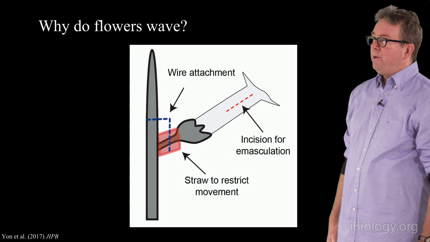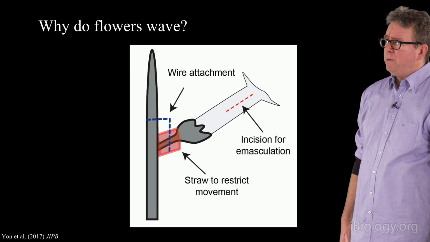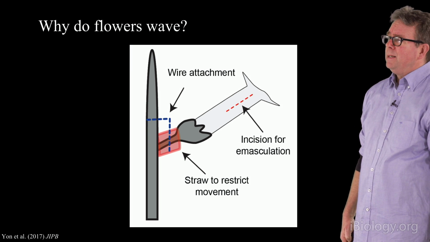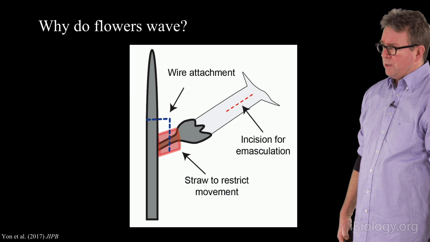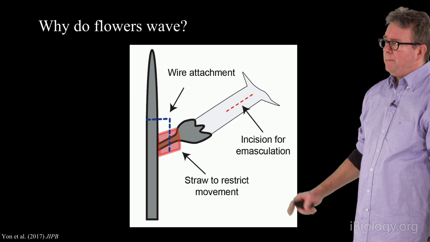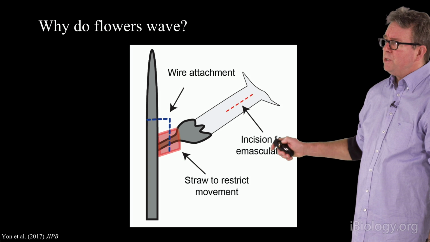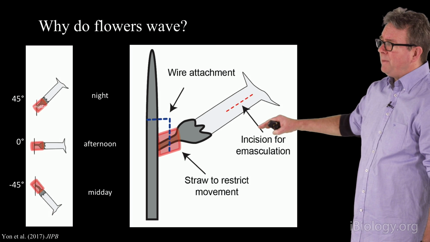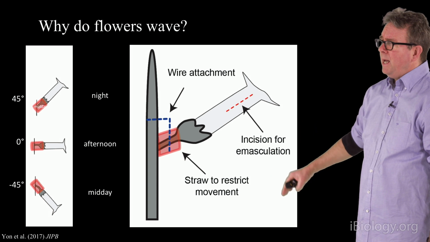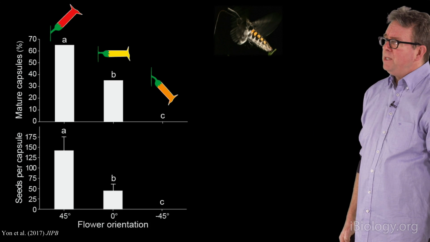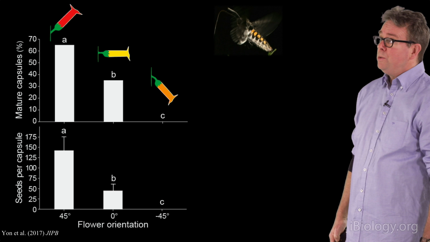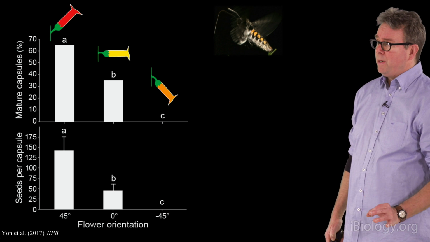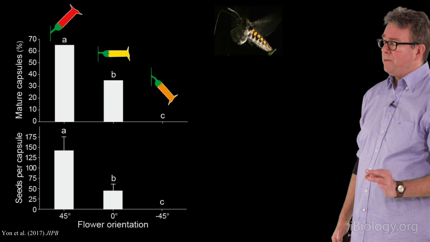Now, again, using very technical Max Planck level type of equipment, Danny Kessler and Philippe Young had taken soda straws that they got from McDonald's and used them to tether the flowers in particular positions. Up high, like a flower would be at night, at the horizontal as they would be in the afternoon, and then downward as they would be in midday. And then simply allowed a hawk moth to pollinate and interact with these flowers that had all been antherectomized. An incision was made to take out the pollen grains.